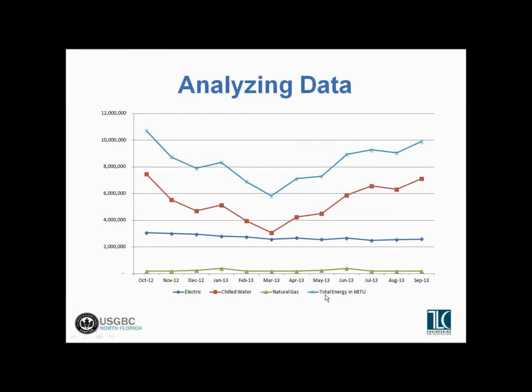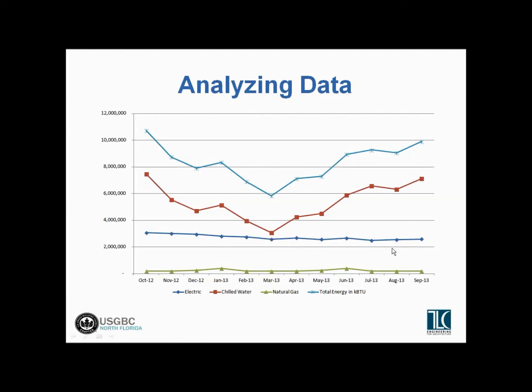You can look at it another way in a line graph form, where again the green is the natural gas, the blue is the electric, and the red is the chilled water. The light blue up here is the total building usage. So what really jumps out at you here is that the whole building tracks the same as the chilled water usage. So it's really the chilled water, the HVAC, the air conditioning, that is driving the performance of this building. The gas usage is pretty consistent and relatively low. The electric usage is pretty consistent,